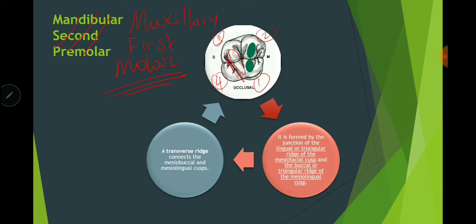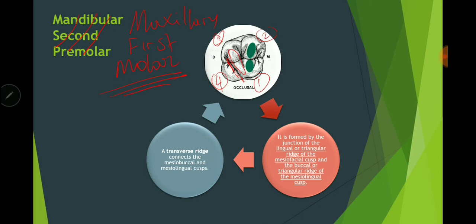Okay. Now, the transverse ridge connects the mesiobuccal and the mesiolingual cusp. Okay. So the mesial cusps are connected by the transverse ridge. Okay. And then the oblique ridge, okay, is formed by the